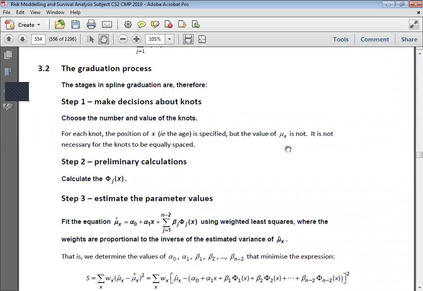So the process is again similar, but here you will have to start by choosing how many knots you want to use. So you can do trial and error, and you can see how many knots fit the data the best. And you can decide how many knots you should have, and at what position you should have the knots. So sometimes you might find it helpful to have more knots during the infancy and the childhood period,